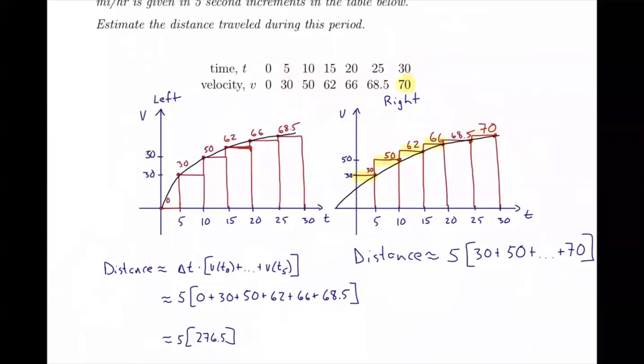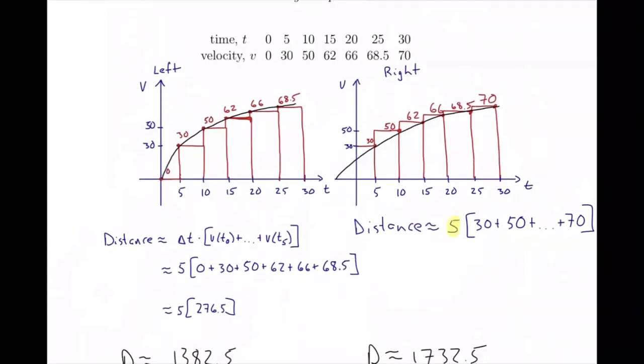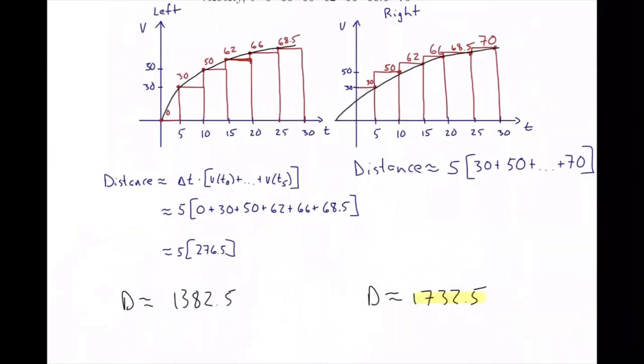And that's the difference between the left endpoint and right endpoint approximation here. You'll skip the right endpoint or the left endpoint, depending on whether you're doing a left or right endpoint approximation, respectively. So this is the same thing, delta t times all of the velocities added together, and delta t is measured in seconds, right? It's a unit of time, times a velocity is a distance. So that's why this distance makes sense as an approximation. When we add all of that up, we get